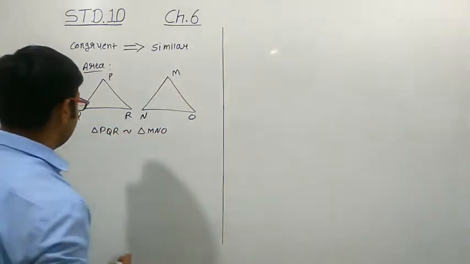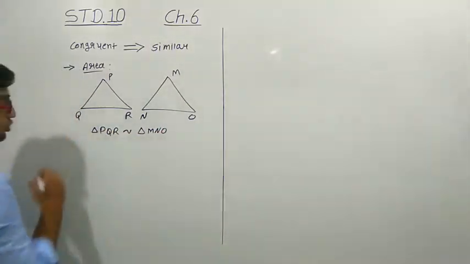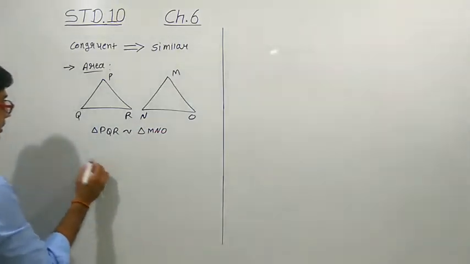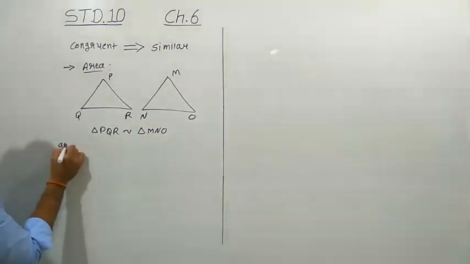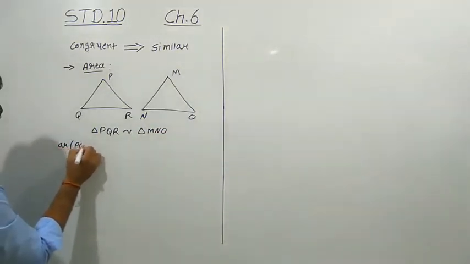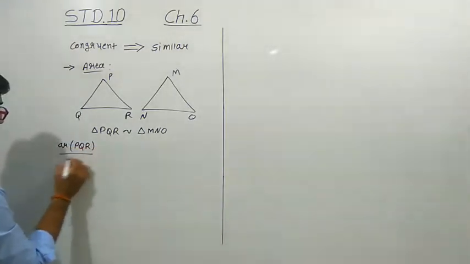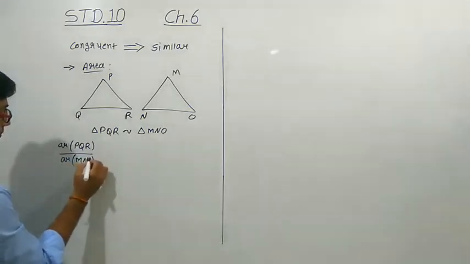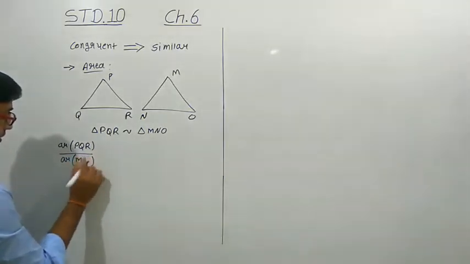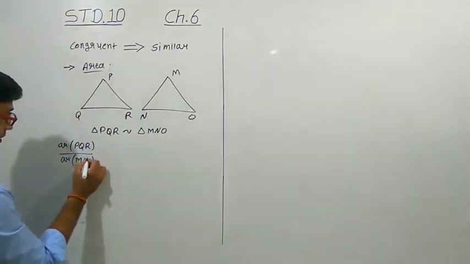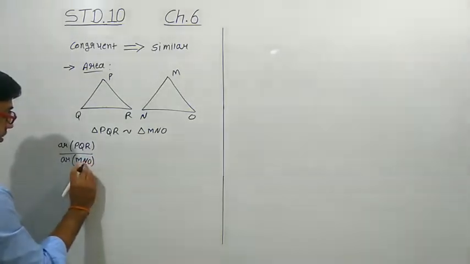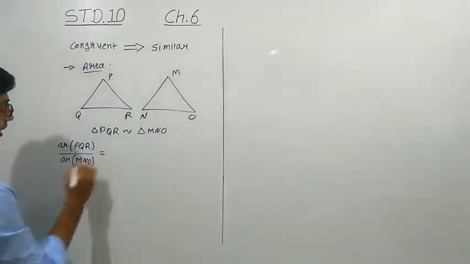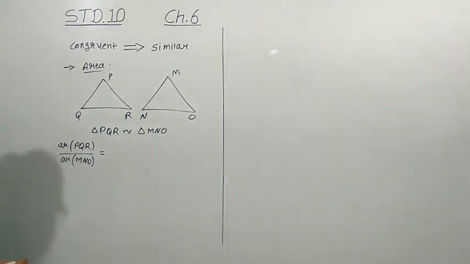If these two triangles are similar, then the ratio of the areas of these two triangles, that is the area of triangle PQR upon area of triangle MNO,